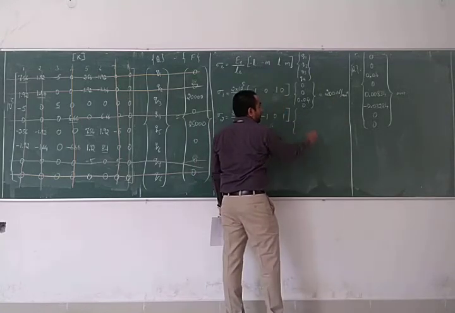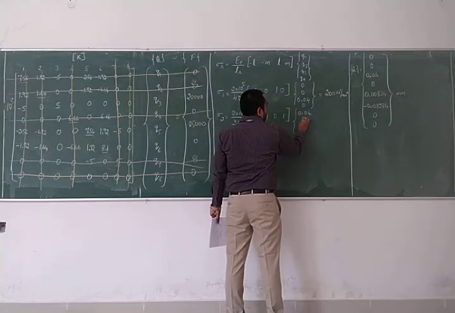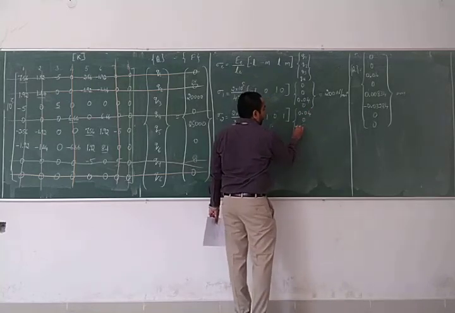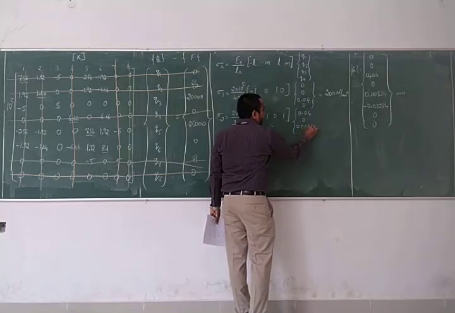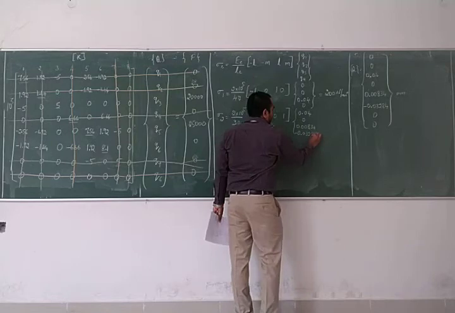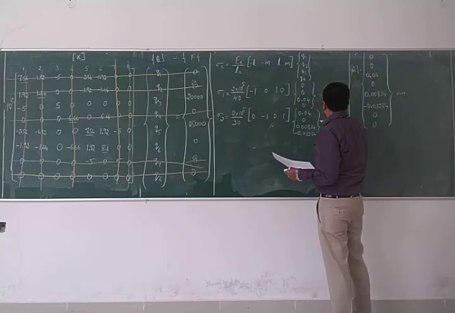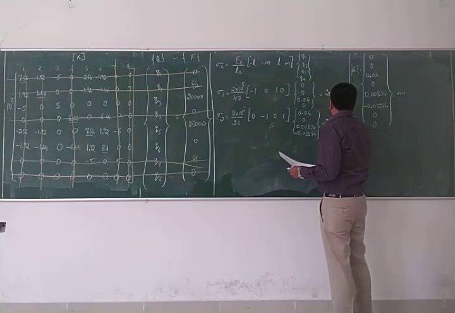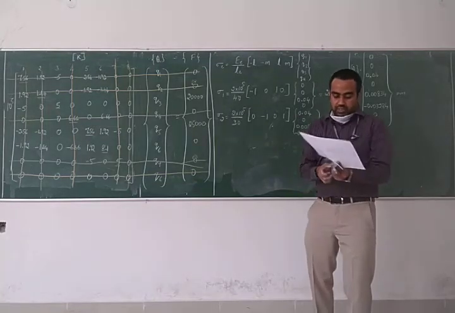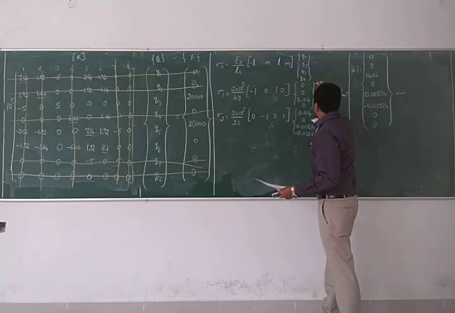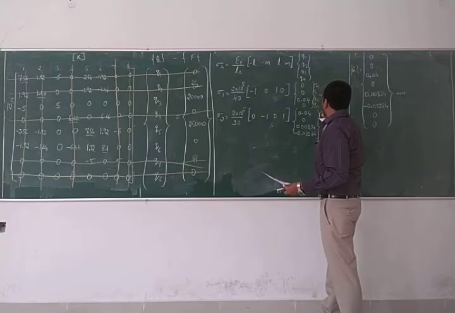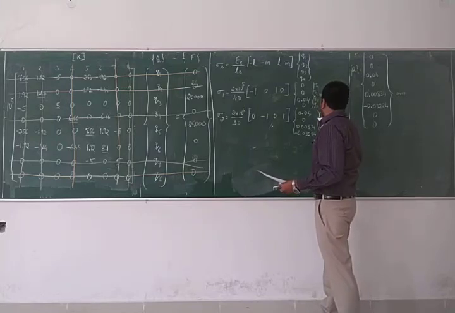Now I need to write Q3, Q4, Q5, Q6. Q3 is 0.04, Q4 is 0, Q5 is 0.00834, Q6 is minus 0.03284. So the stress value that we obtain is minus 218.93 Newton per millimeter square. If you are confused, I can write here. These are Q1, Q2, Q3, Q4. This is Q3, Q4, Q5, Q6.